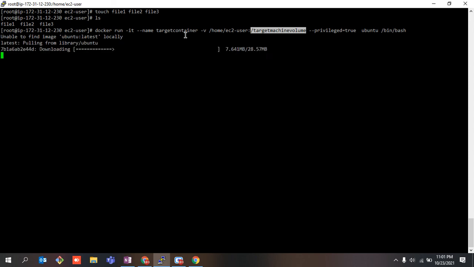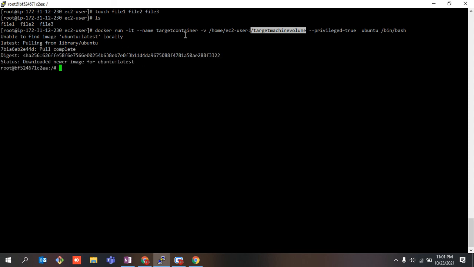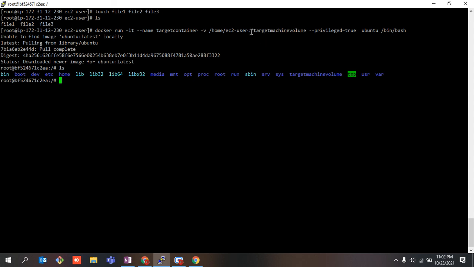My EC2 instance was not containing any Docker images because I just configured it in front of you guys. So it just downloaded. And here I am in my container, that is, I'm inside my container, right? If I do ls, as I told you, in the root directory a particular directory will get created that will contain the contents from this location. So I just need to navigate to it, and the only command you need is ls.